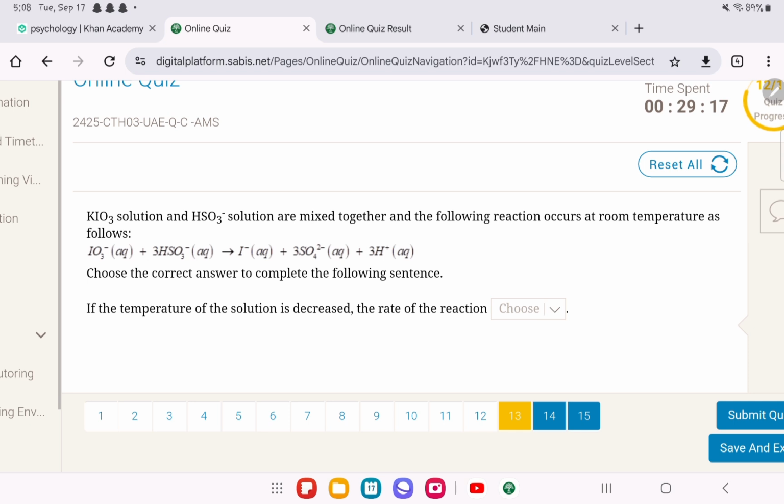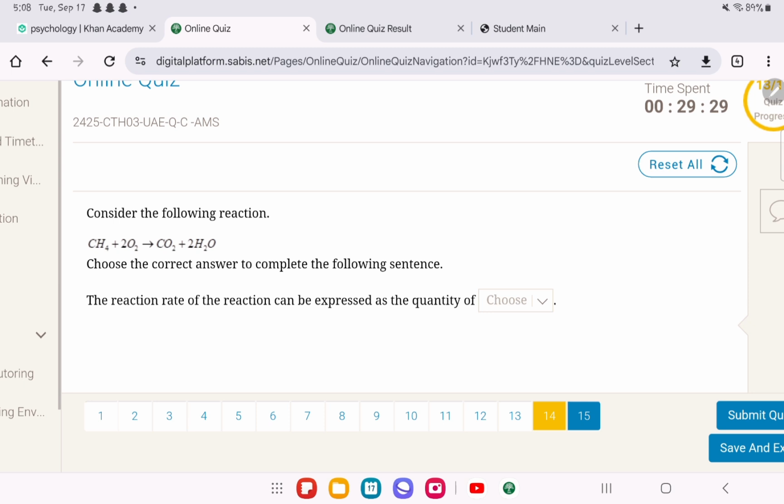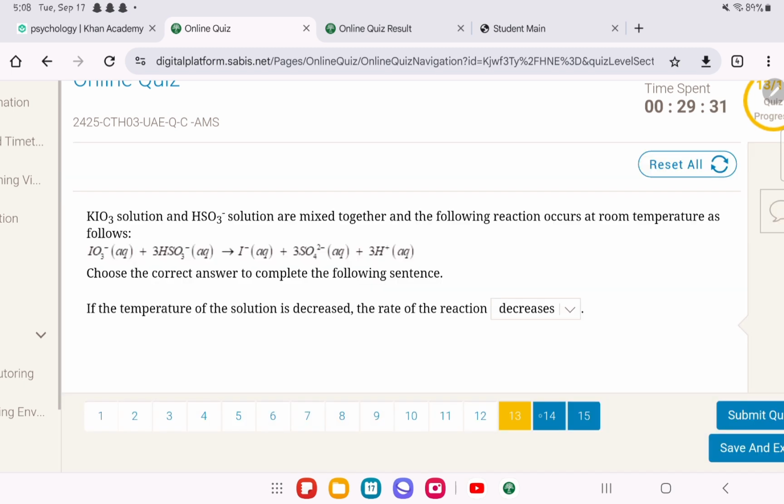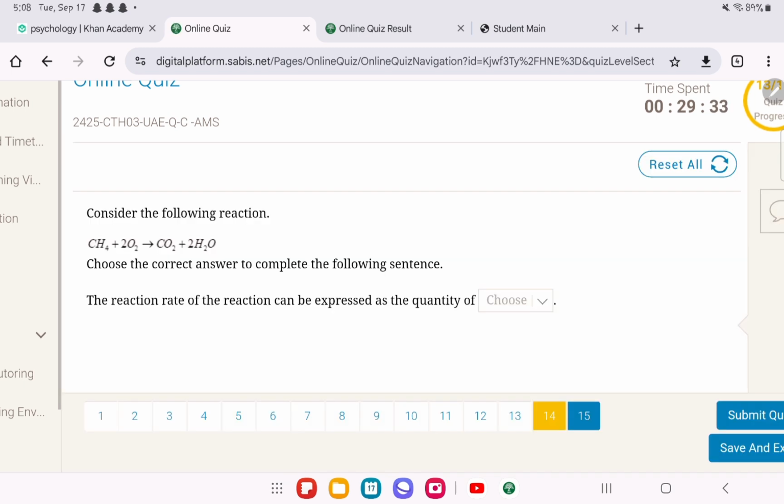Question number 13. Same thing but different type of question. If the temperature is decreased, we said if the temperature decreases, then the reaction rate will decrease. Question number 14. Did I put decrease for this one? Yes. Now, the reaction rate of the reaction can be expressed as the quantity